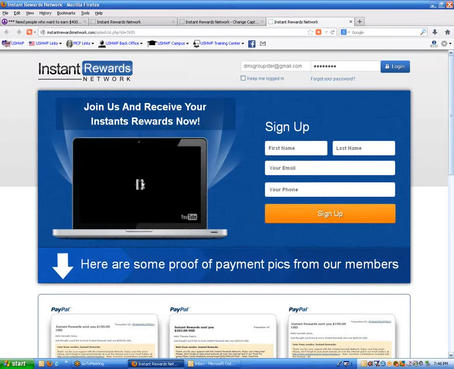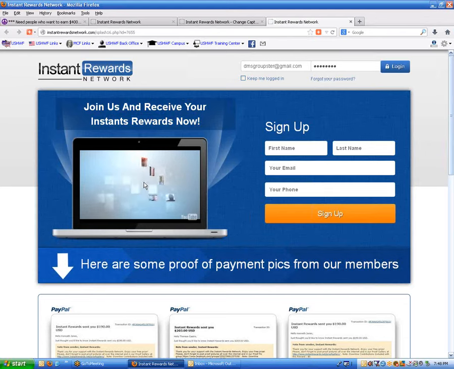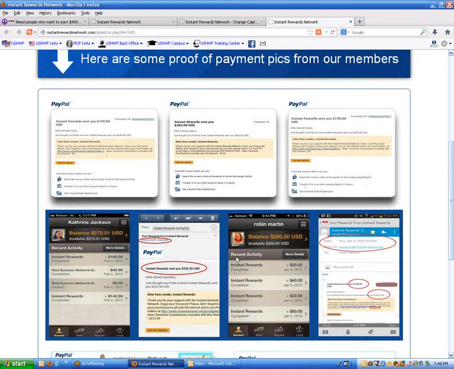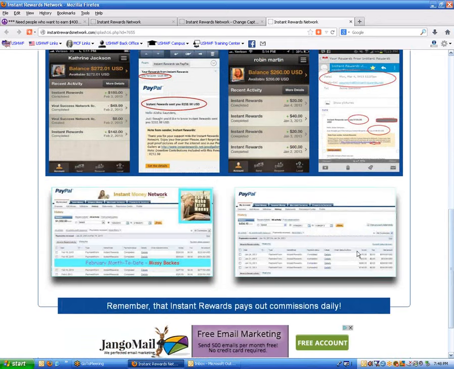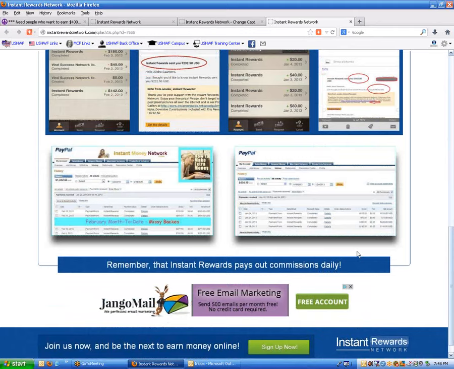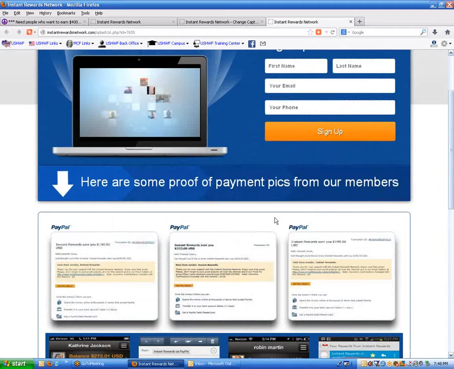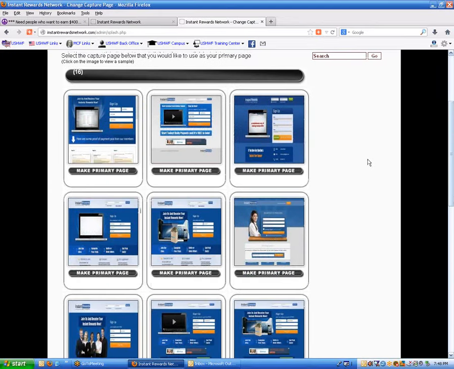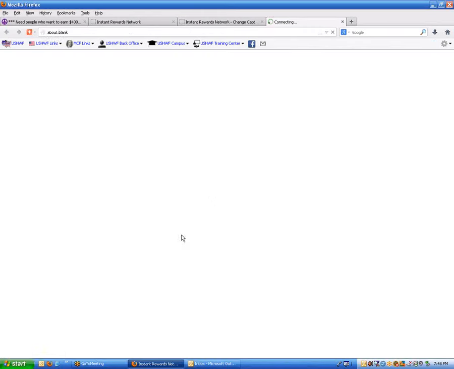This is a good high converting, default page when you sign up and you get into the back office, because it's got proof of payments and it's got images, and it shows people that, yes, this is real, this is legitimate, we make money. I posted some today. I just got some more payments today through PayPal. But you can kind of look at these and preview them and see which ones might fit your taste